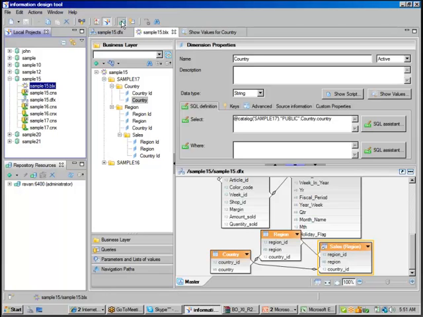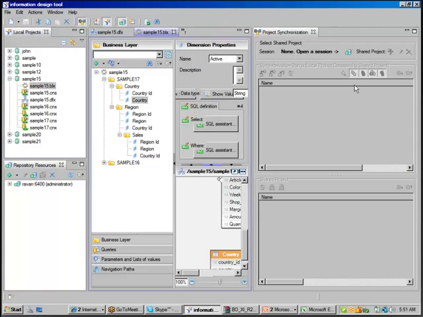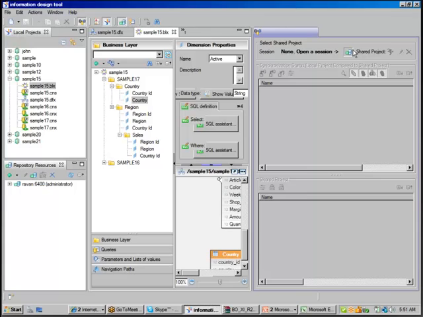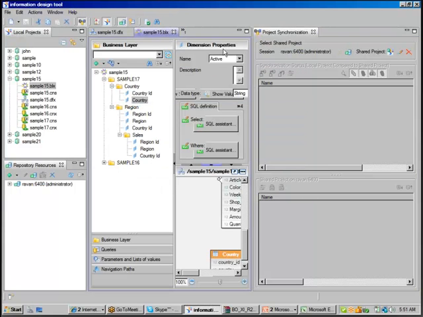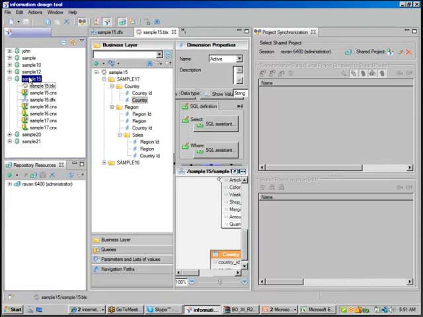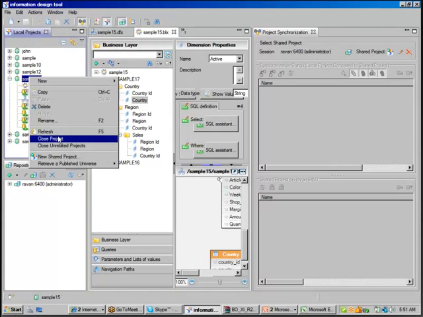Before creating this, you need to do project synchronization. You need to create a project synchronization. If you want to create, you have created the project synchronization. Then this project, you are going to,